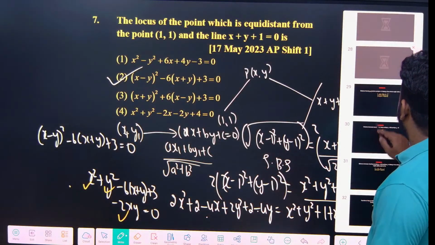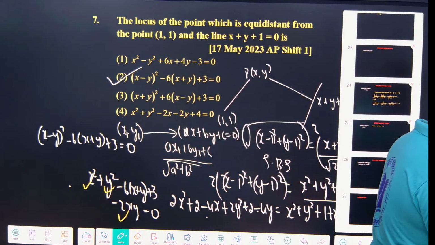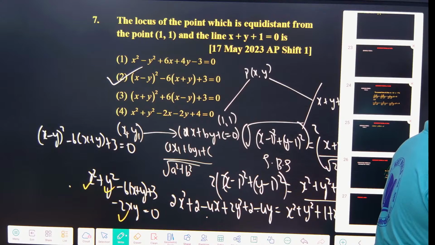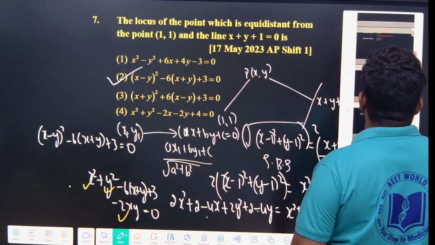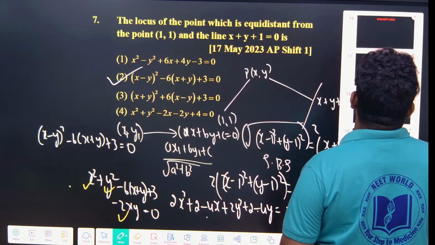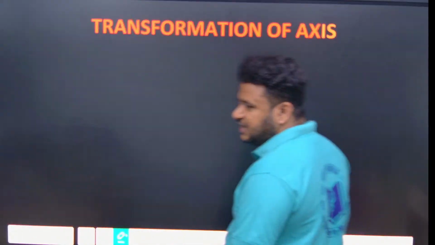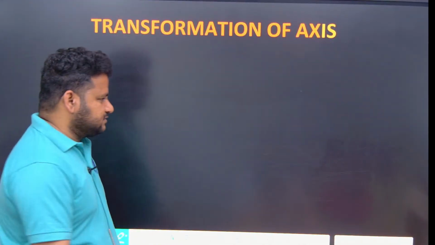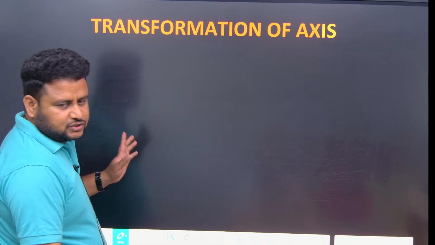Now we will go for transformation of axis. What is the concept? That is transformation of axis. So what does it mean? See here, transformation of axis is one thing, another one is rotation of axis. So transformation of axis,